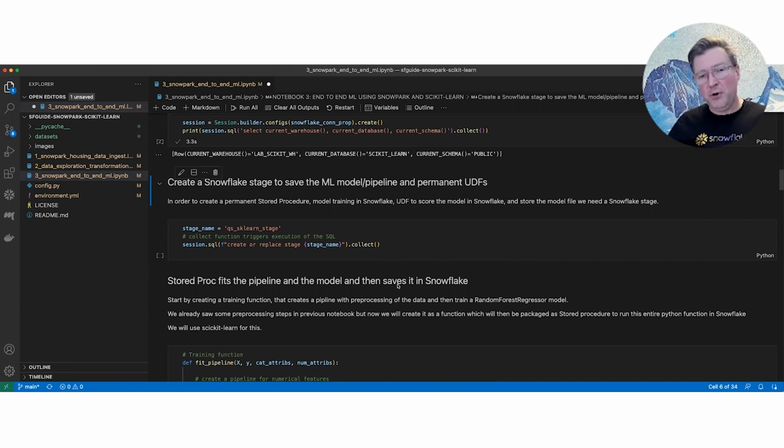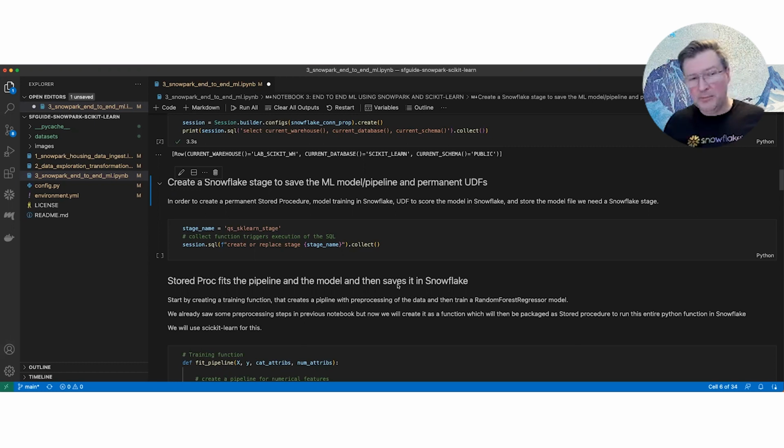A stage is a pointer to storage. Now, this storage can be cloud storage, and that can be in AWS, in Azure, or Google. It can be internal storage, what we call an internal stage: storage that is part of your Snowflake account and managed by Snowflake. It can also be on-premise storage. If you have a storage provider on-premise that follows the AWS S3 compatible API, you can actually map that